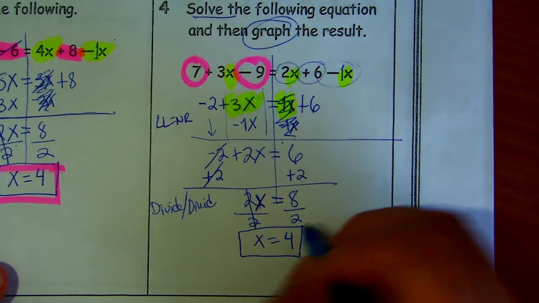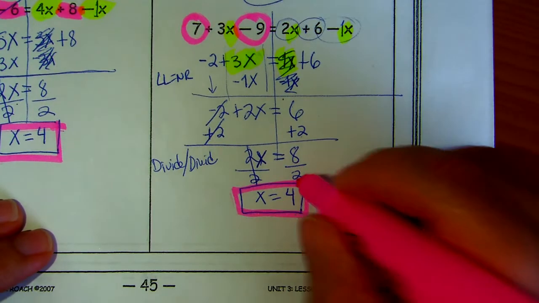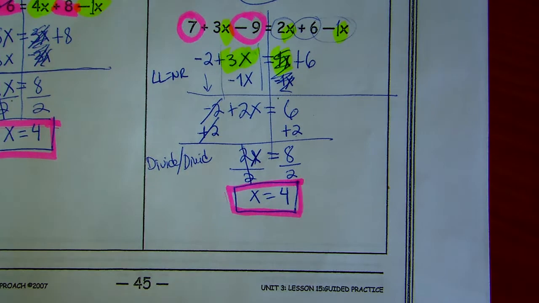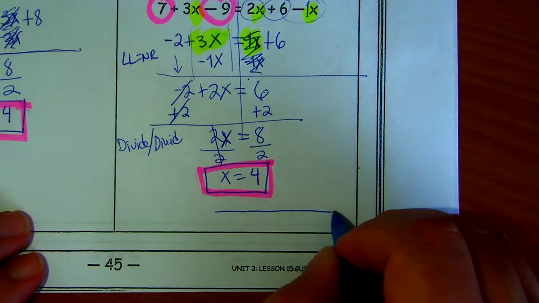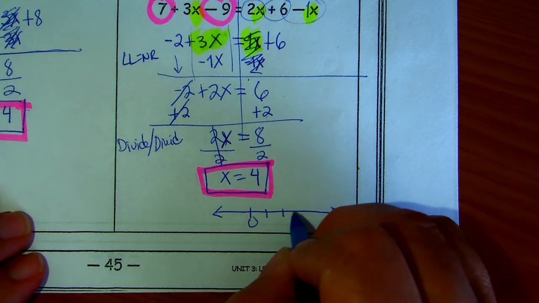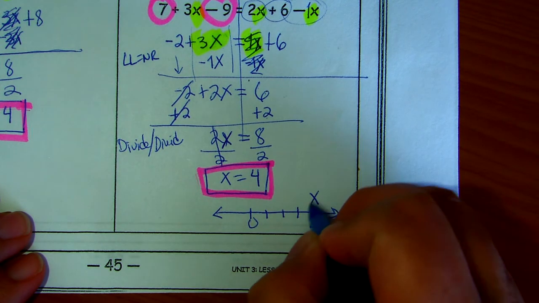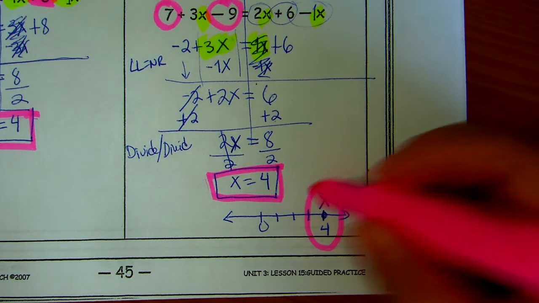4. On this one, they are asking us to graph. Sorry, let me see. Okay. We need to graph, so let's draw the number line. Here's the 0, 1, 2, 3, and here's the 4. So here's the value of x. So I'm just trying to keep it short, simple,